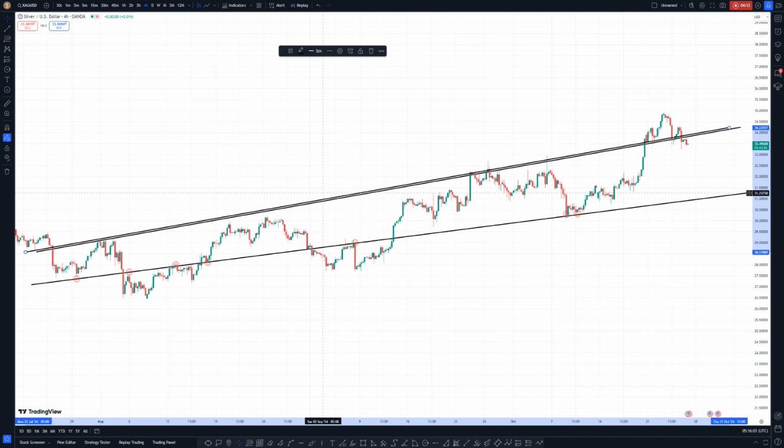Silver has formed head and shoulder. Head and shoulder is a bearish price action on the 4 hours time frame, and we will continue to see a push down